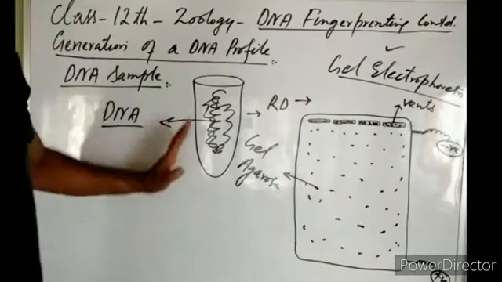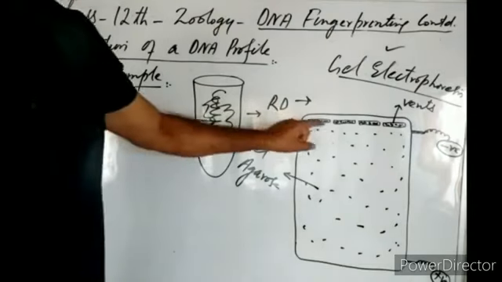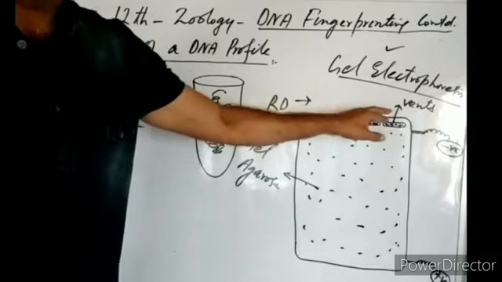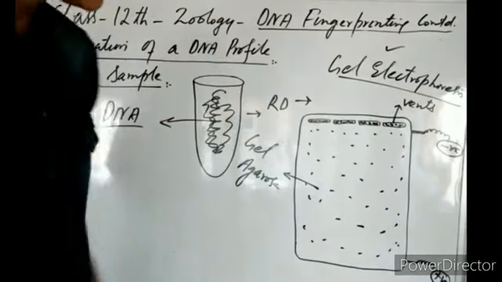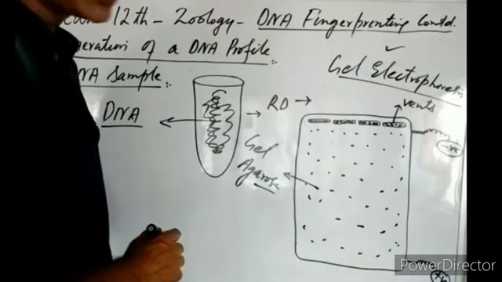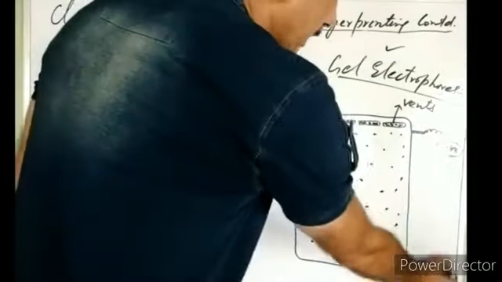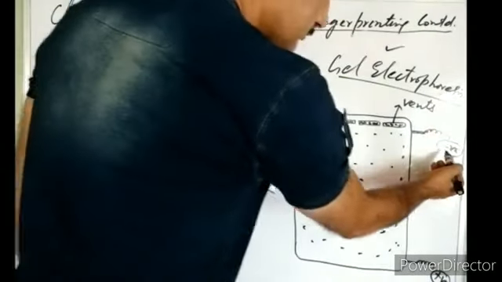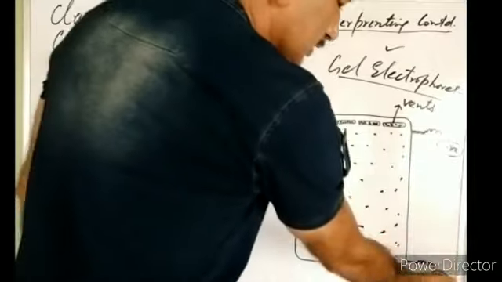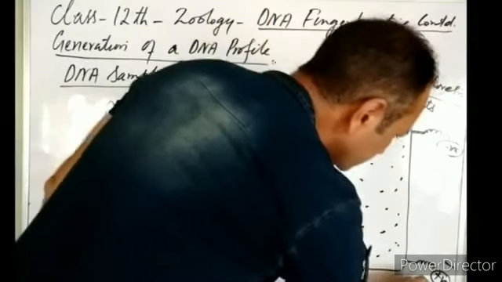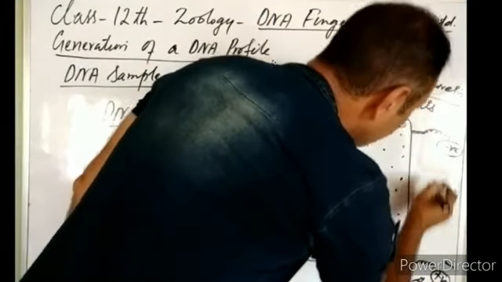So after restriction digestion, DNA is put into these depressions of the tray, which are known as vents. The tray is filled with agarose polymer gel. After filling the tray with agarose polymer gel, electric current is applied across the two electrodes. The negative and the positive, that means the neutral and the phase, are connected like this. The positively charged side is known as the anode, and this is the cathode.